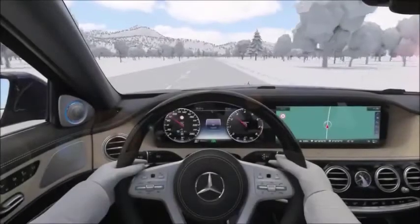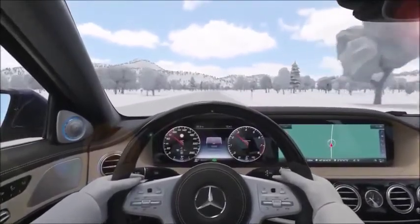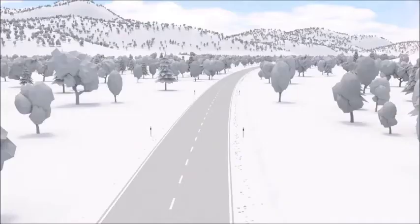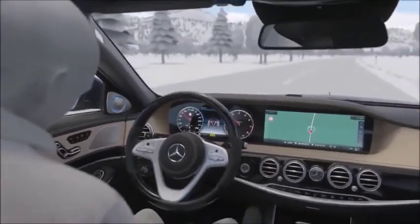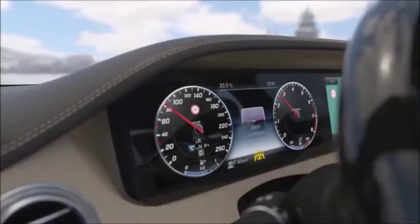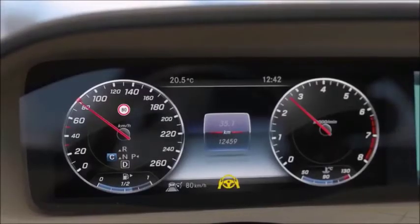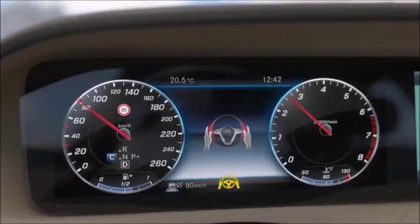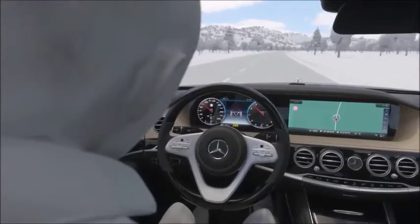Active Emergency Stop Assist can brake the vehicle to a standstill if it detects that the driver is permanently not taking control. If the driver does not operate the steering wheel over a certain period of time when using Active Steering Assist, the system issues a visual and audible prompt to place the hands back on the wheel. If there is no driver reaction, even after several warnings, the vehicle brakes to a standstill whenever possible in its